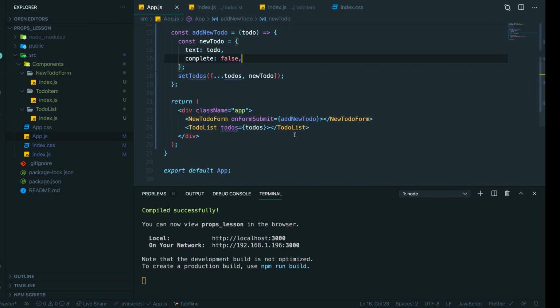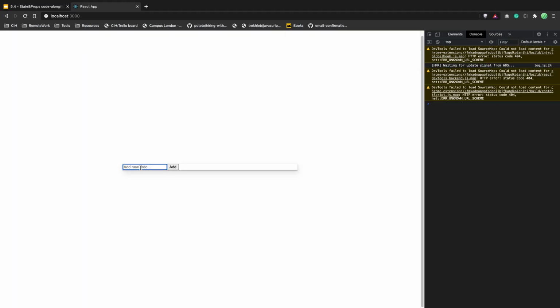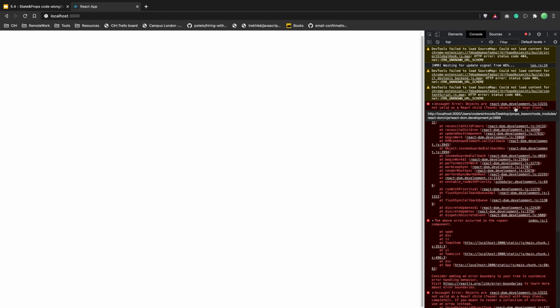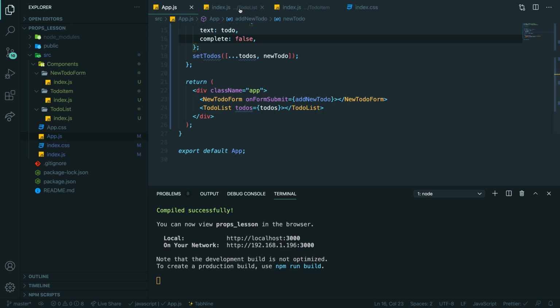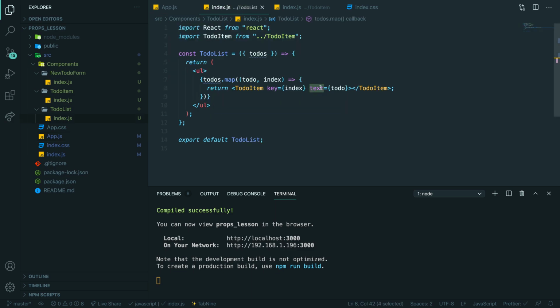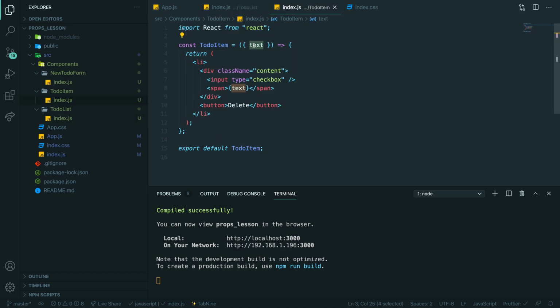But that means that if I save, we definitely will get errors, because if I start test, we have errors because now we're not passing a string, we're passing an object. So we go here, we're passing our to-do, so text, actually this one. Now we have two things, right? So that should be to-do, and we pass in to-do, this is an object, and here we're getting our to-do, and this one should be to-do, and